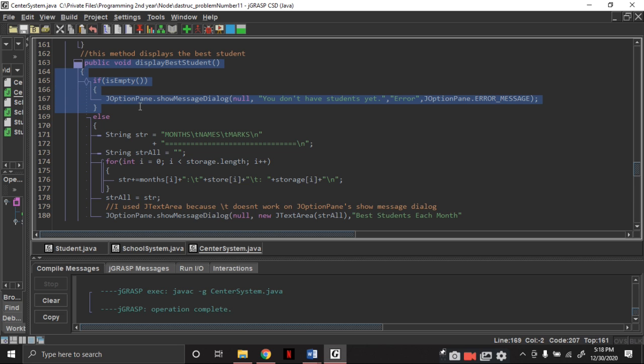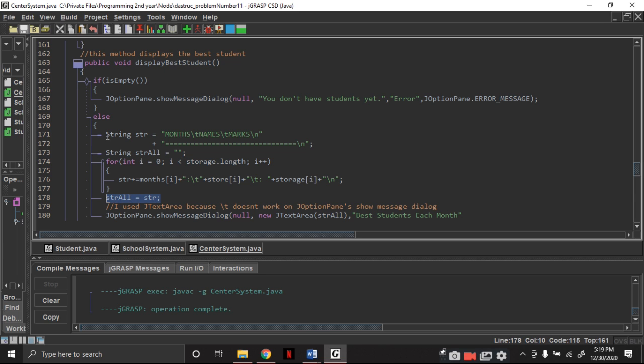Then after that we will display the best students. So if it's empty, then it will just prompt an error, and if it is not empty, it will print the... oh no, I just stored it in here. So str months sub i, so January, then store, which is the storage of the names of the best students, and the storage of the highest marks.